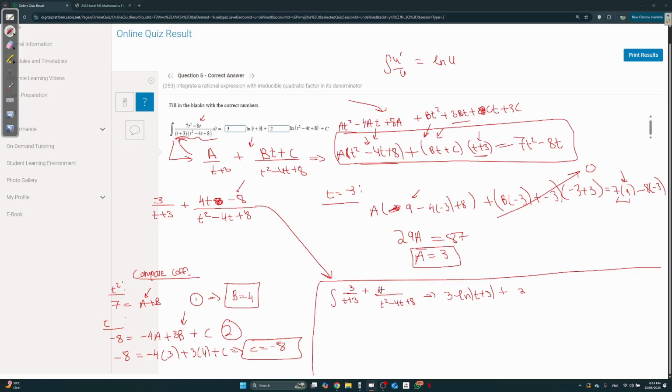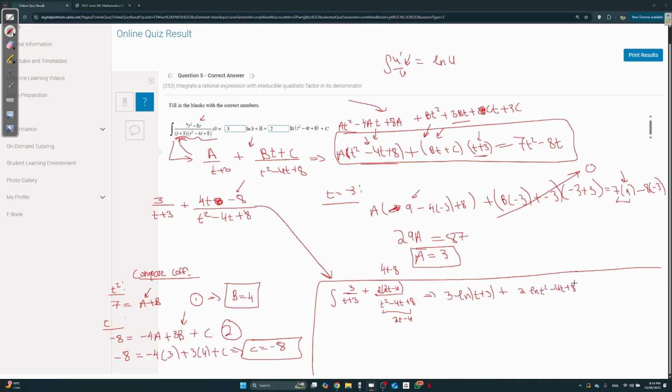The numerator is 2 into 2t minus 4, right? It was 4t minus 8, I just rewrote it. And the derivative of this is 2t minus 4. So isn't this, again, u prime over u? Yes, so we can just do ln of the denominator, t squared